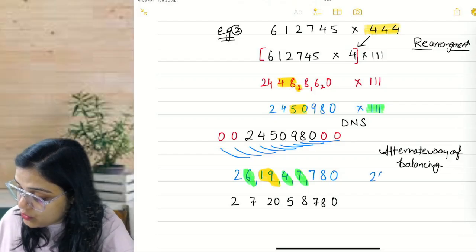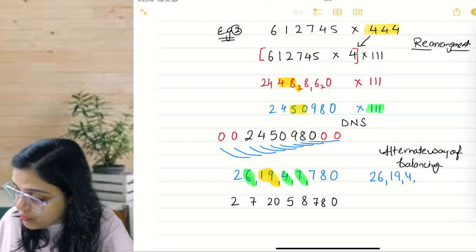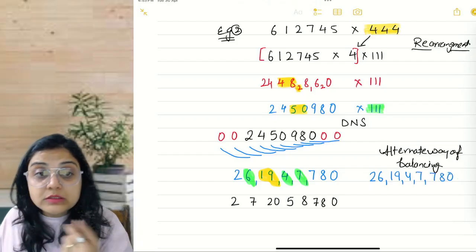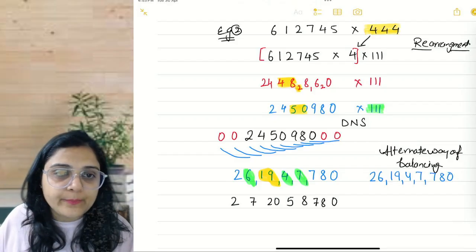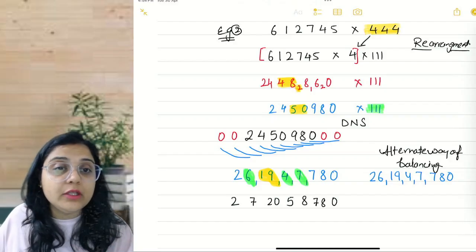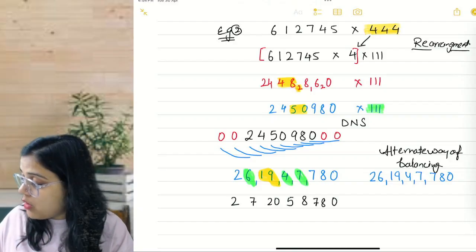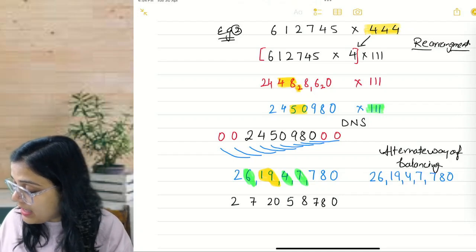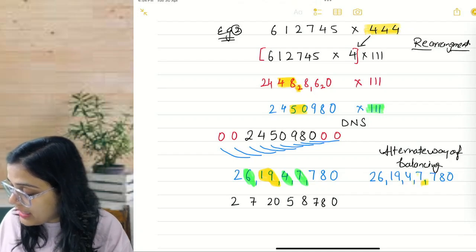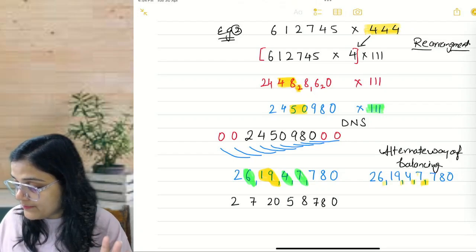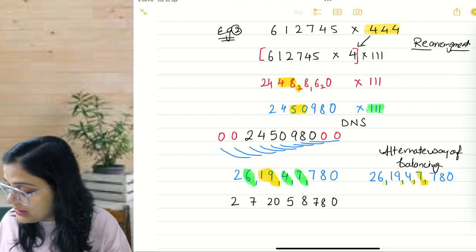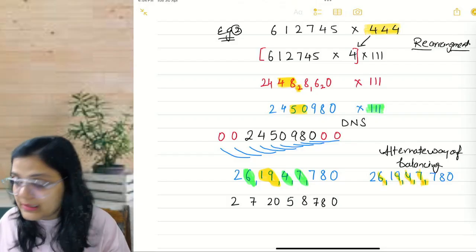We had 2, 6, 1 carry, 1, 9, 1 carry, 4, 1 carry, 7, 1 carry, 7, 8, 0. This is how we read in Vedic maths, the way I just spoke. Alright. So now what all carries we have? We have carry over there, we have here, here, here, 4 carries. So we'll add the carries with the next one like this, right? So let us write the next step.